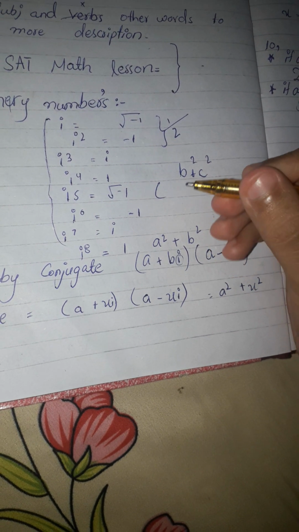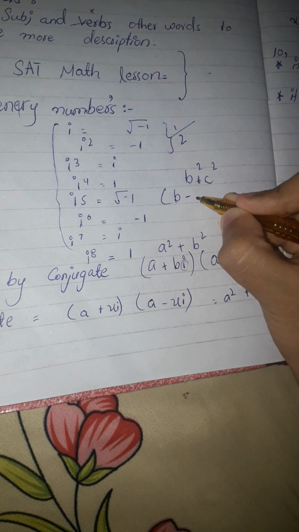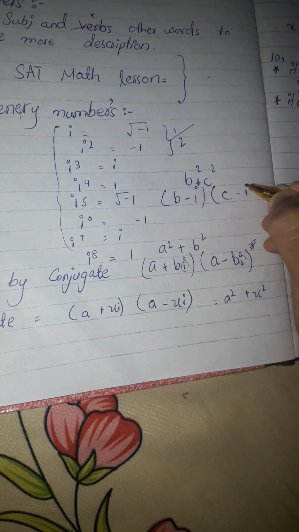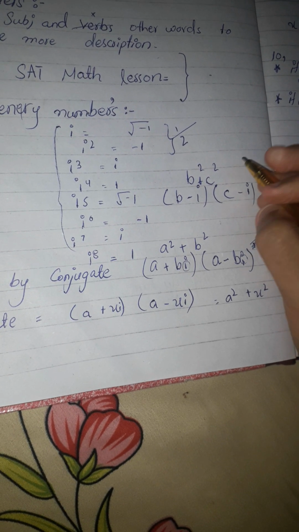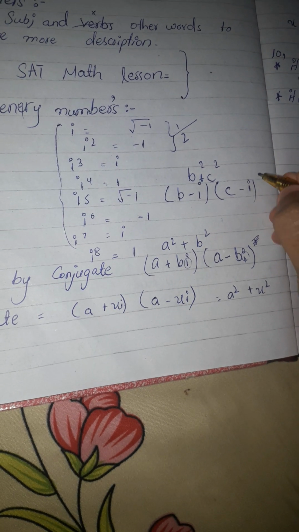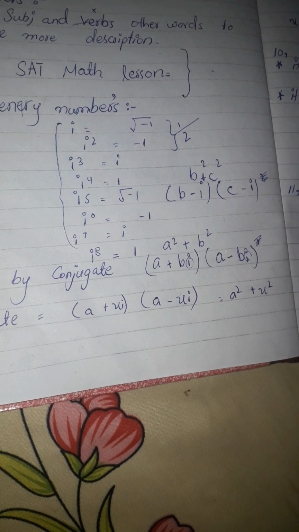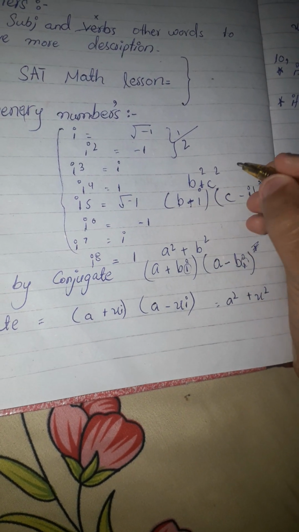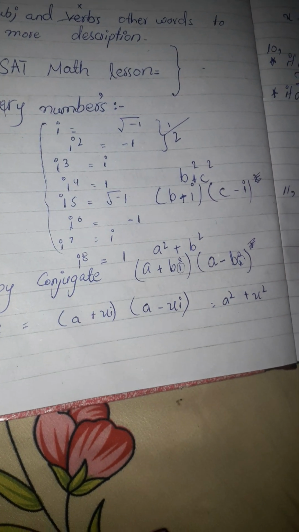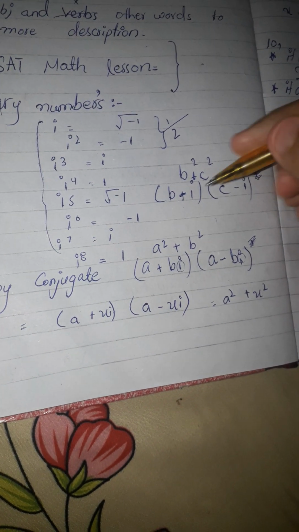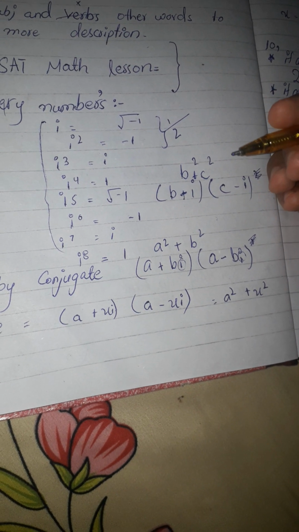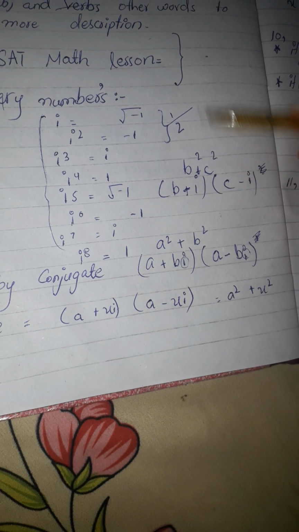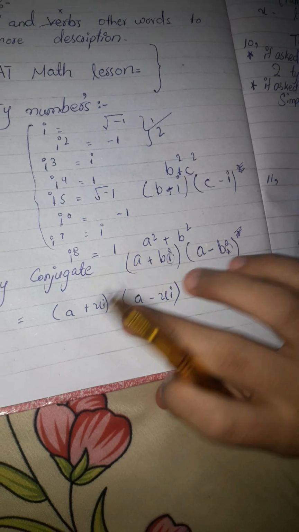Now simply I'll add an imaginary number in it, b minus i, that is our imaginary number, multiplied by c minus i, again, that is our imaginary number. That's how you denote not a square, that's how you denote an imaginary conjugate, or you can simply call it multiply conjugate. Sorry, it was an addition number here. So that's how you solve a multiply conjugate and form another value. If you simply multiply it again, you will get the same results.